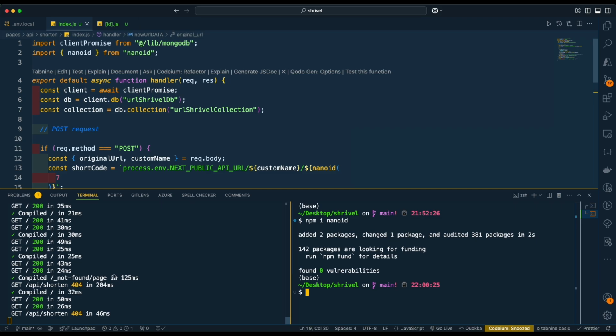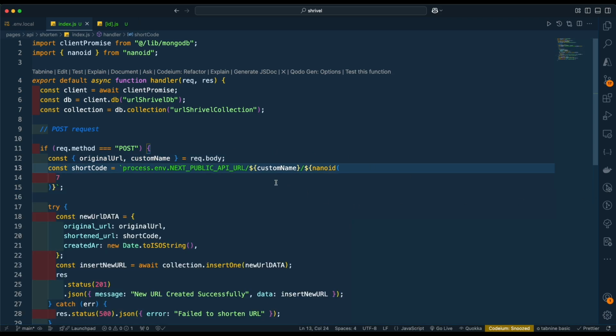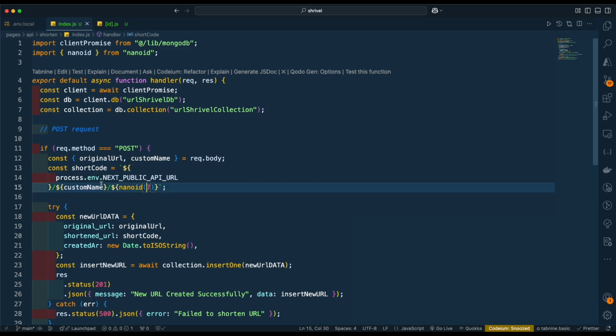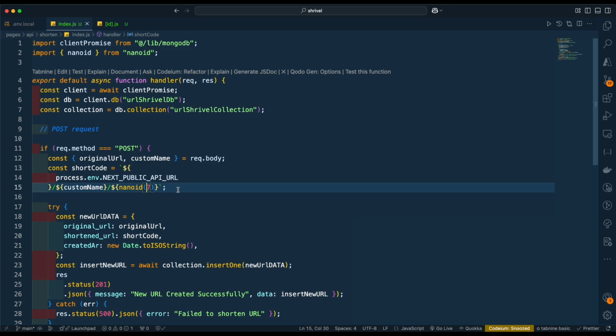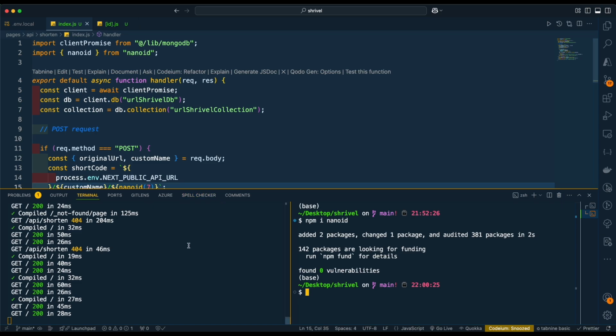Okay, so it's not found. The reason we are not finding anything is because of the way we are implementing our URL. Since this is a string literal, and this is JavaScript, it's not a plain string. So go ahead and add that over there and that over there. The process.env is actually JavaScript in play. So, fingers crossed, everything should be